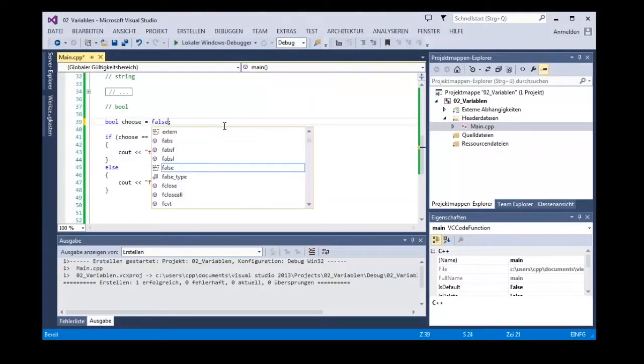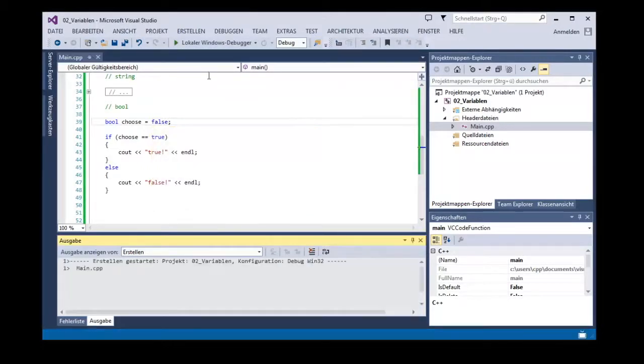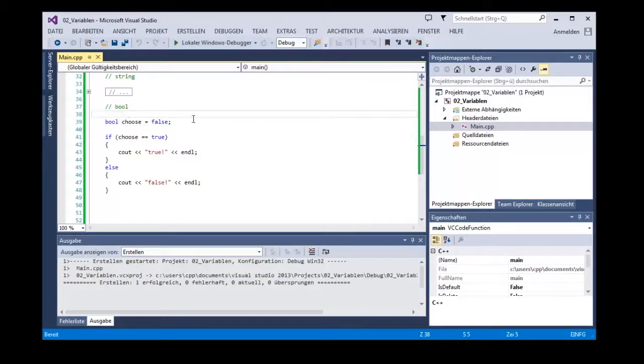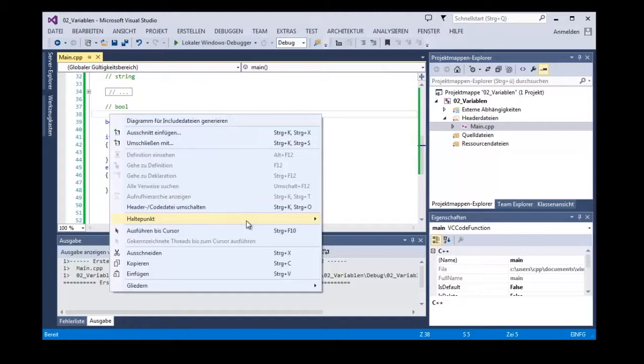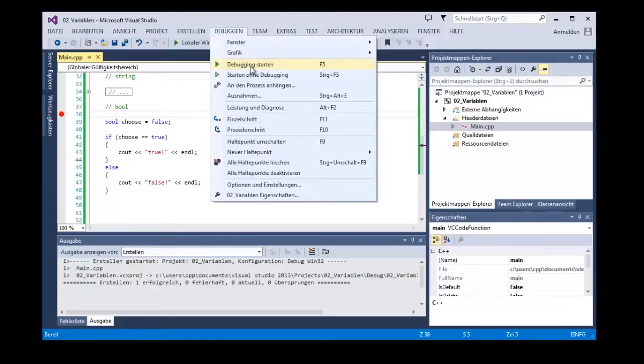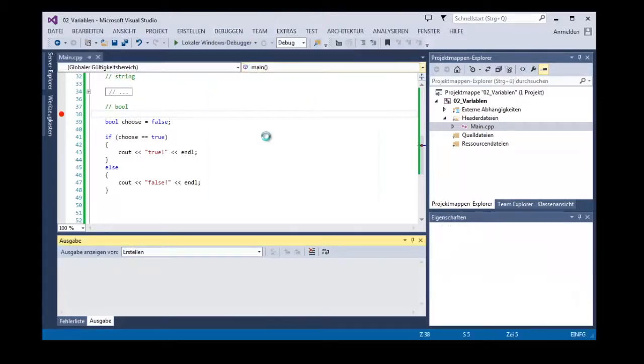Okay, we can now also change this Boolean to false and see then the output is false. To see what happens exactly, we can insert a so-called breakpoint and start debugging with F5 and see what happens